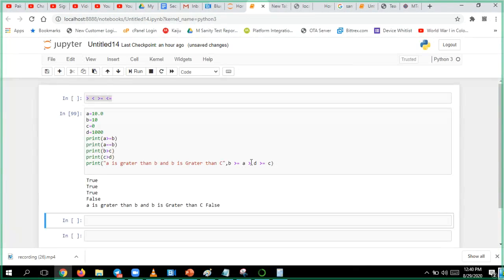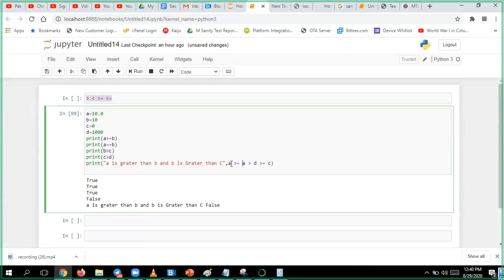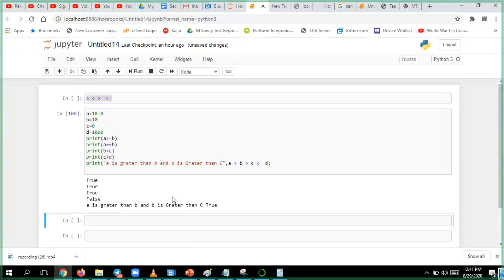Oh sorry, this has to be less than or equal to. You can put A greater than or equal to B and C less than or equal to D. This should give you true. Yes. So this much is enough for us, right?